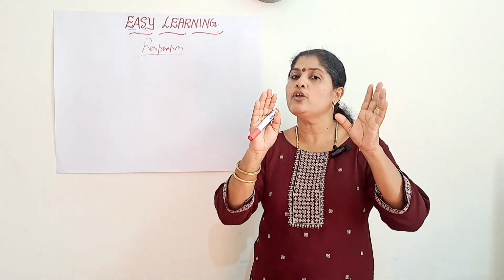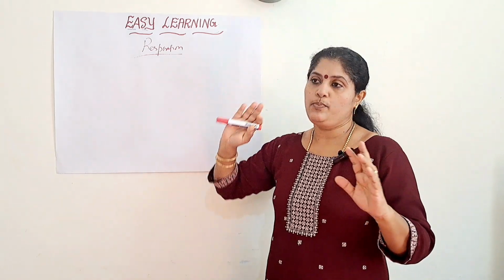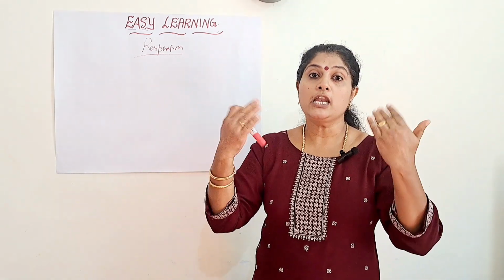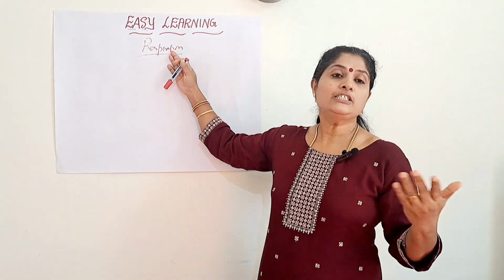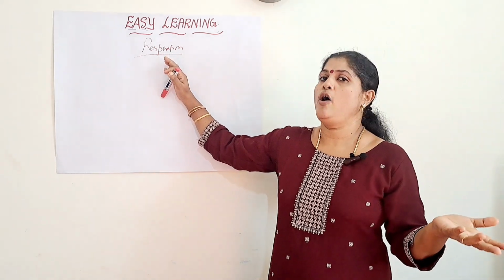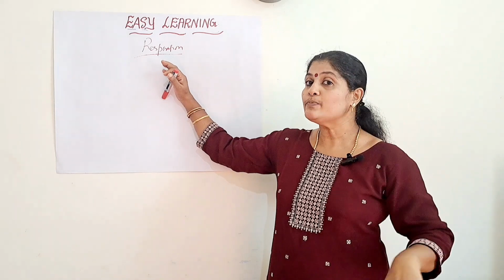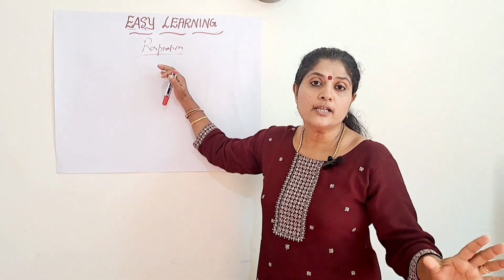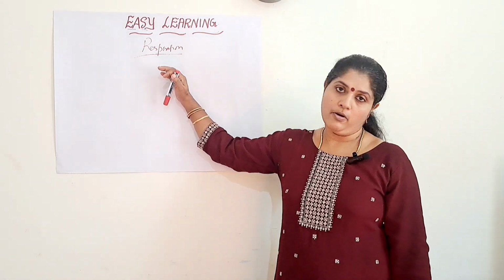So I think you have got a clear-cut idea of the definition of respiration: taking in oxygen and giving out carbon dioxide. You are taking in oxygen, that oxygen burns the food, and then the waste products like carbon dioxide and water are eliminated outside from our body. Even though water is a useful product, utilized by our body for other metabolic activities, the carbon dioxide is not necessary for our body, so it is eliminated.